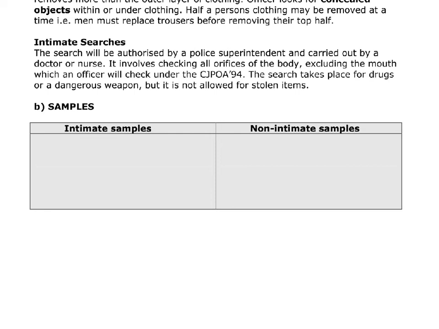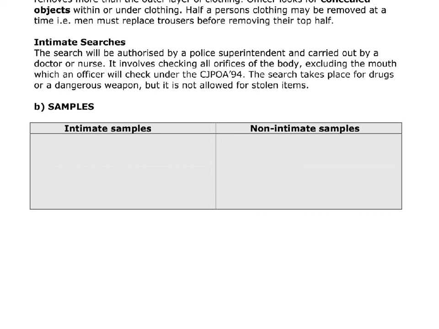Whereas intimate samples, if you want to fill in, these are things that we do need your consent for, so we can't take them by force. And these are things like blood, urine, semen. So all of those will need you to consent to giving us those samples. Obviously, you don't have to say yes, but it might go in negative against you, really, if you are going to turn around and say no for it. So just be aware that even though we are saying that you can choose whether to give the sample or not, it's better for you if you do give it.